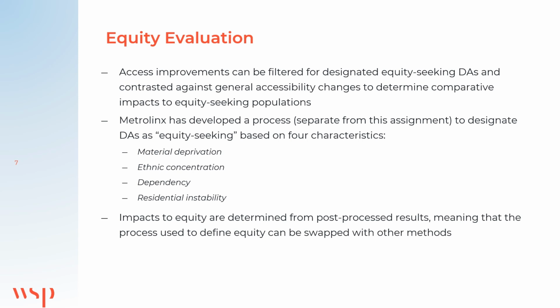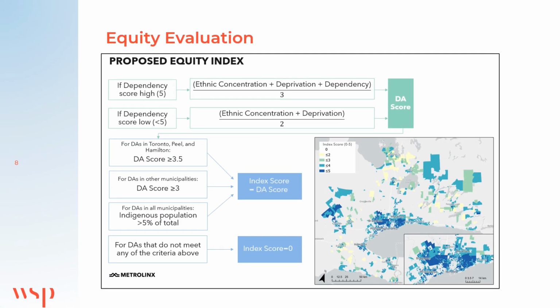So these are factors developed by the census. We took those data, combined them at the dissemination area level, and essentially there's a series of filters applied based on different thresholds in the data. And at the end, there's an index. Once we calculate that index, we define the equity-seeking groups as being above a measure of 3.5 out of 5. And then that becomes an overlay, if you will, which we can then filter the results of our equity analysis. And then that data is eventually mapped out across the region, and we can compare the changes, which I'll show you in some following slides.